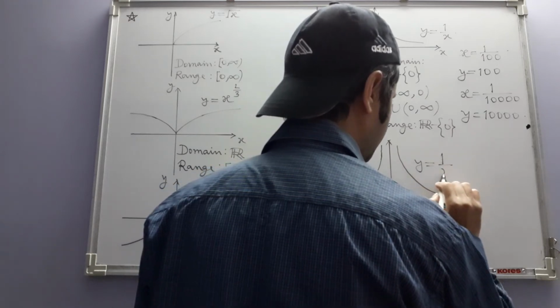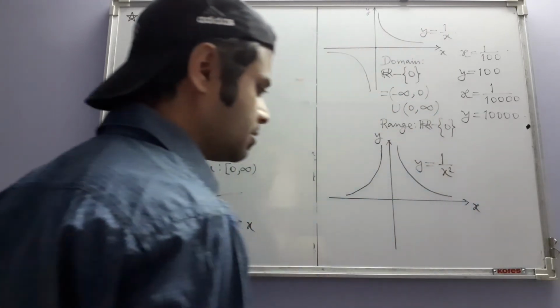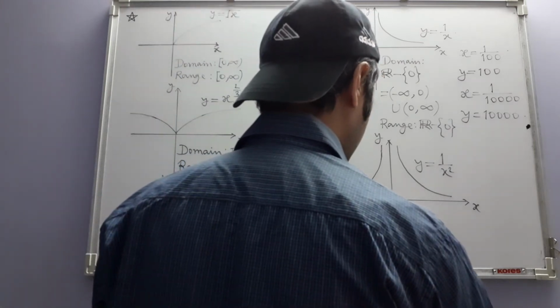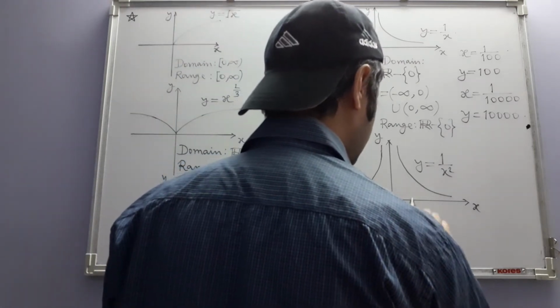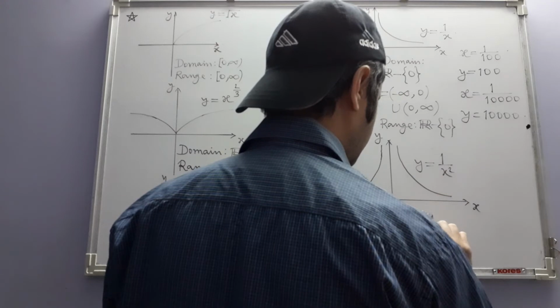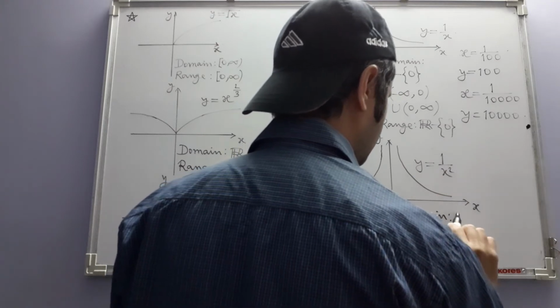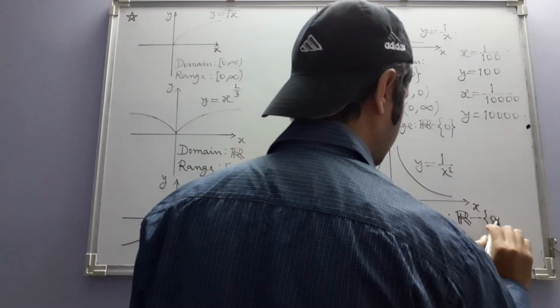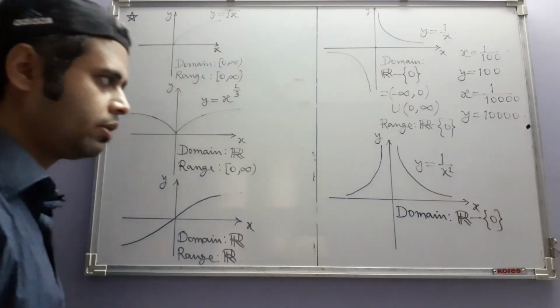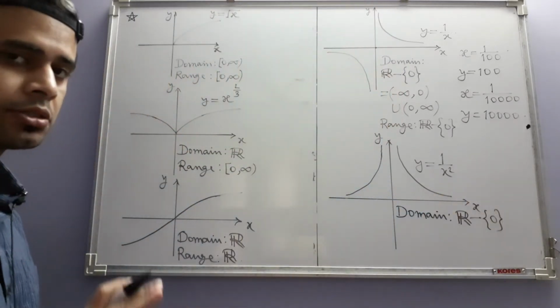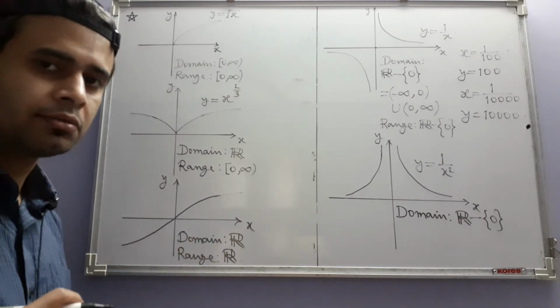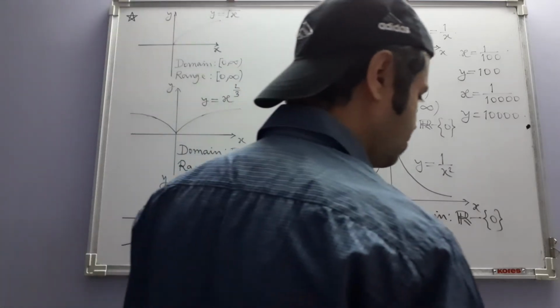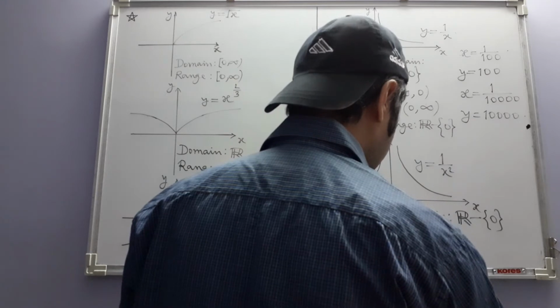This is the graph of the function y equals x squared. In this case, you can clearly see, just like the one above it, the domain is the set of real numbers from which 0 has been removed, because now also in the denominator we cannot have a 0 term, and the range